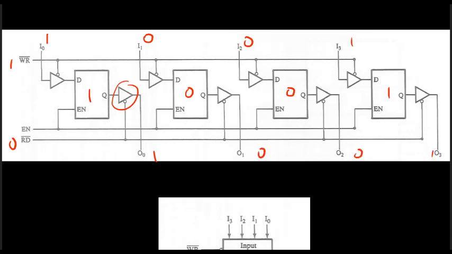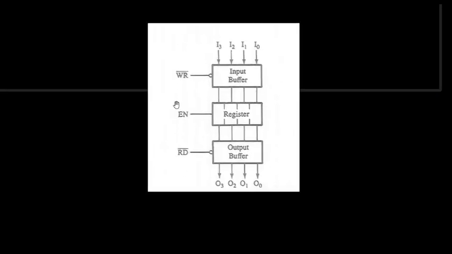Now, to simplify this particular diagram, we have a diagram of the same register above. This is a more simplified view. Instead of drawing all the flip-flops, we have a simplified view. Suppose we want to store some data like 0 0 1 0. We enable this buffer, and the information gets stored in this 4-bit register. Then if we want to read the information, we disable this buffer and enable this buffer by making this 0, and we get the information 0 0 1 0. So this is how it works.